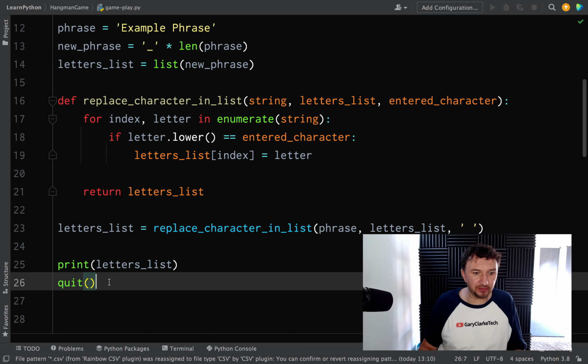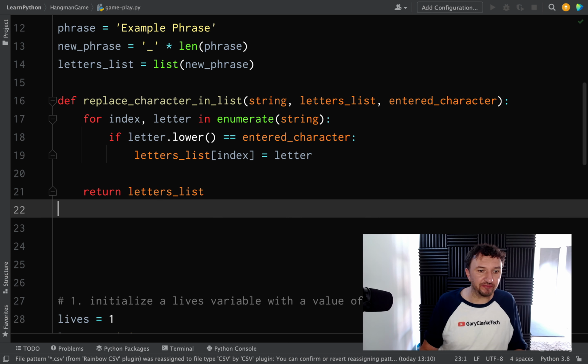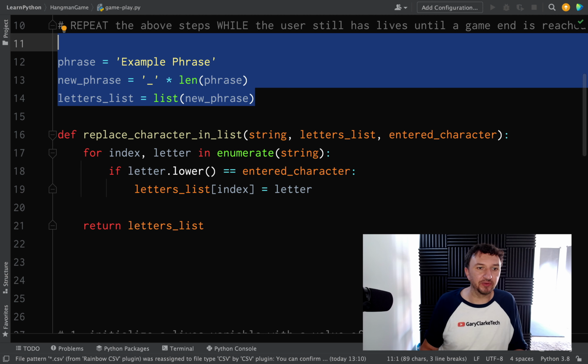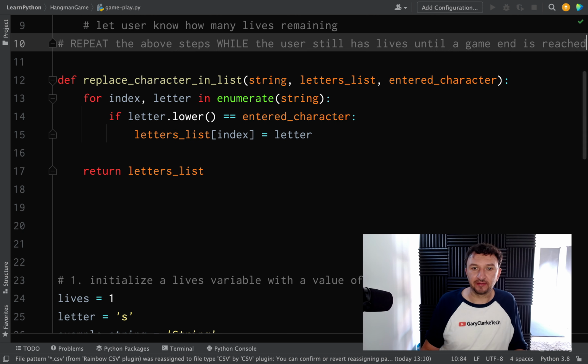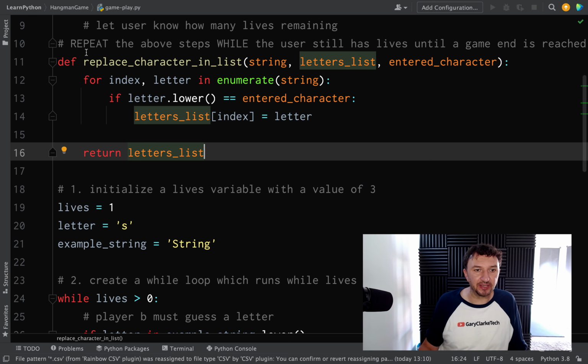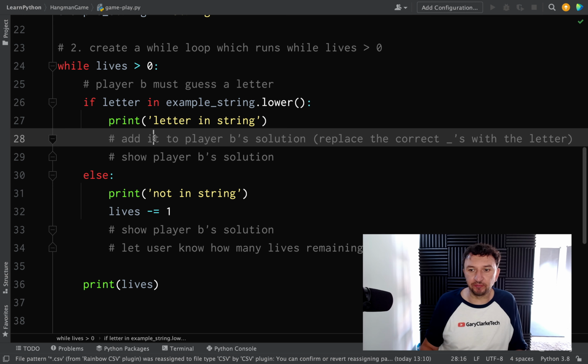So let's go and have a little bit of a cleanup, and we'll leave our function at the top of this file, but the rest of this stuff, we don't need. But what it means is that we can now take this function here and we can drop a call to it in our code. So it will be this line here,